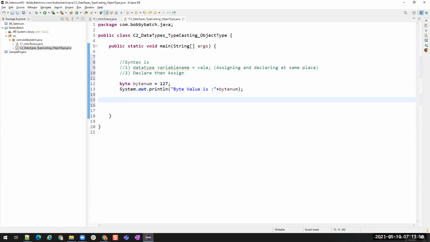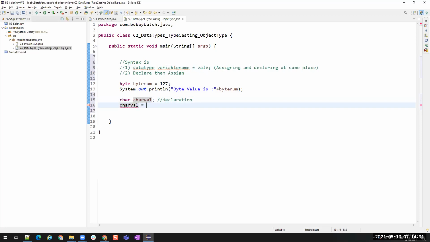Now here I am going to create an integer or character type. Char value. That's it. This is called declaration. We haven't assigned any value, but just declared a variable. Now we can assign values to this variable at any point in the code. Wherever we want, we can assign values to this variable. Now I'm going to assign a value here.